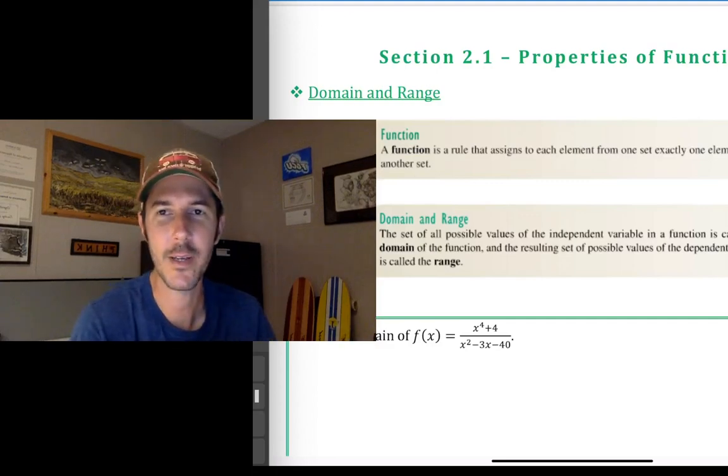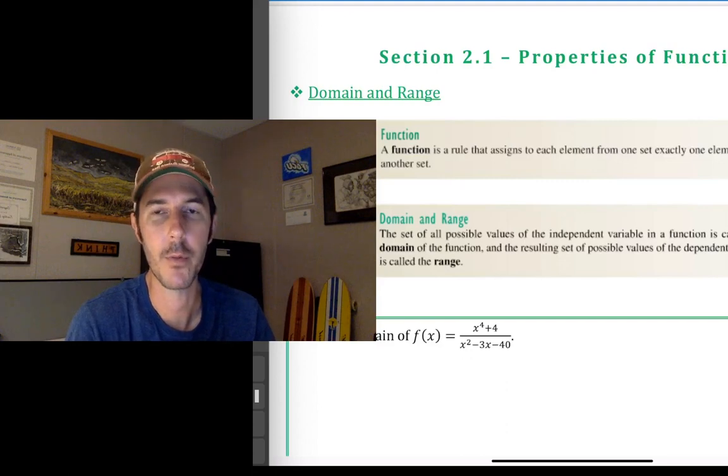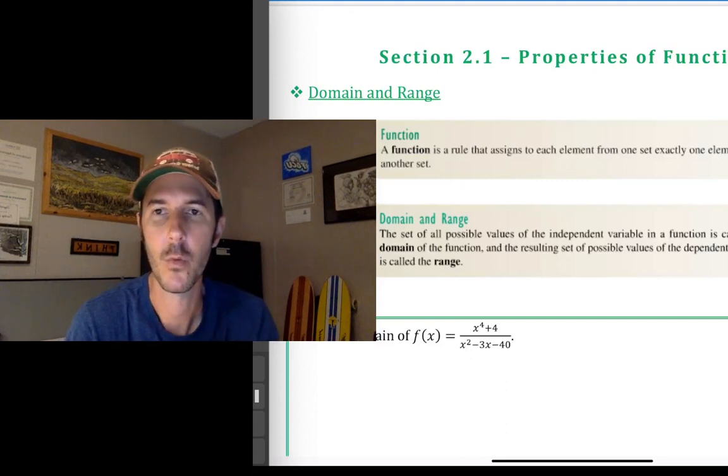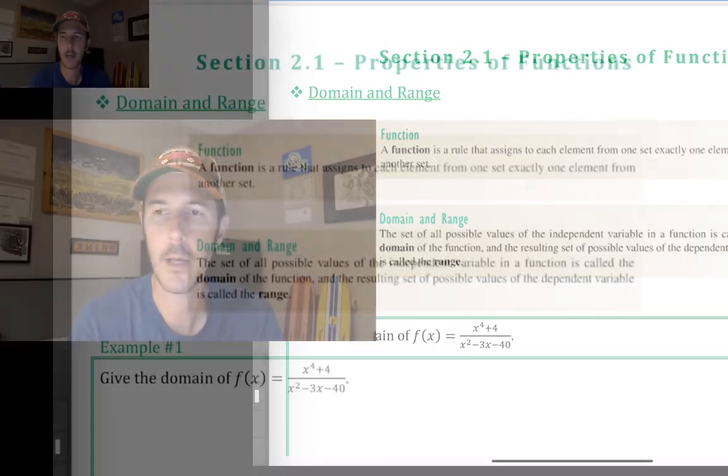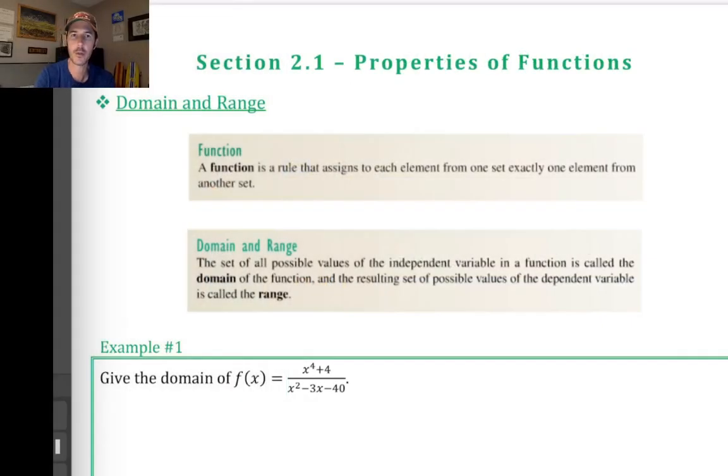Welcome to Elementary Calculus, Chapter 2, Section 1, where we're going to talk about properties of functions. It won't surprise you, probably, that one of the very important and maybe most important properties of a function is to make sure that we're aware of the domain and the range. The domain in particular. If you put the wrong value into a function, it might cause the thing to blow up, just like putting the wrong kind of fuel into your car might not get you out of the parking lot. So let's look at